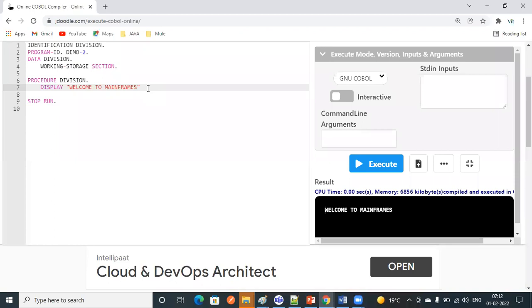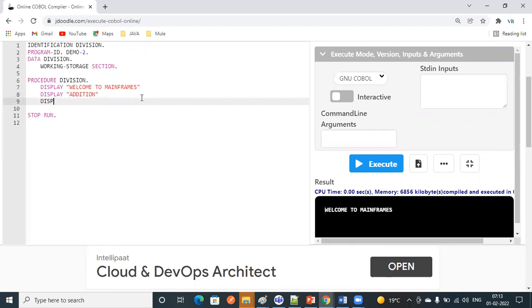Just observe here. I want to write a logic for addition, display addition.